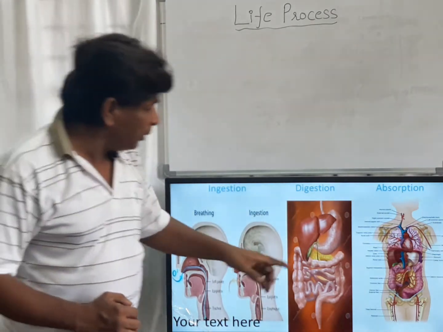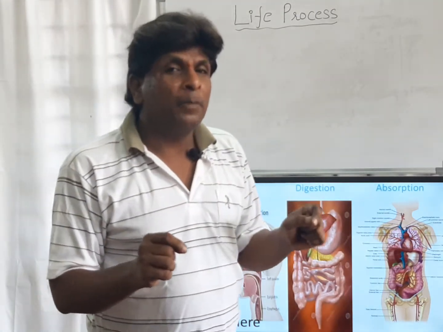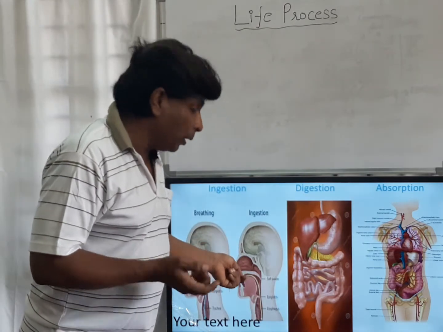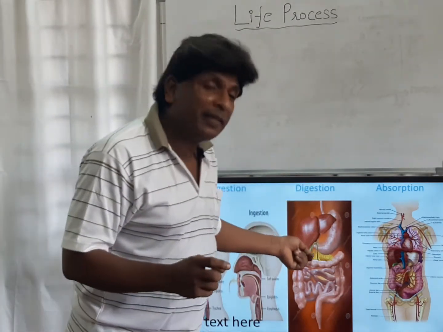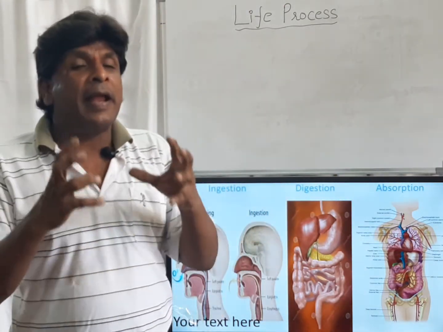So these organs digest the food, means when it is made into small pieces, those pieces go into the intestine. There it makes again some small pieces, and with the